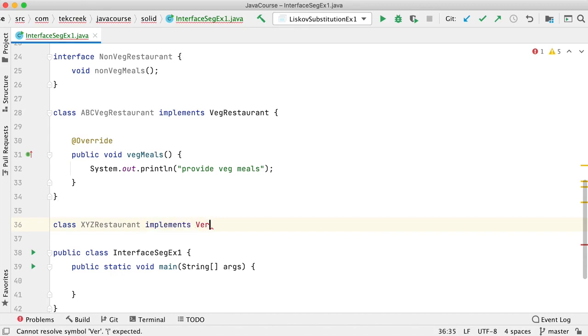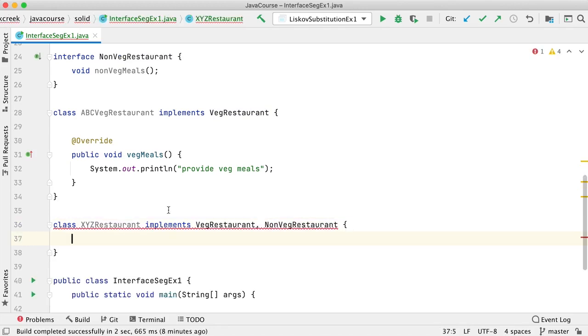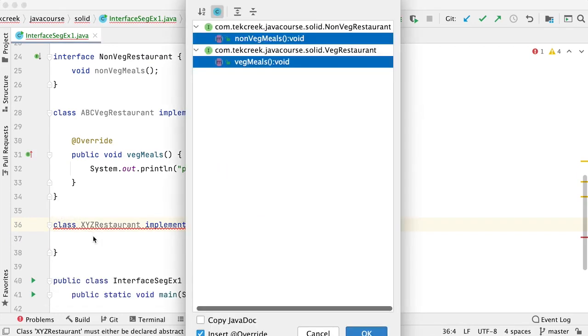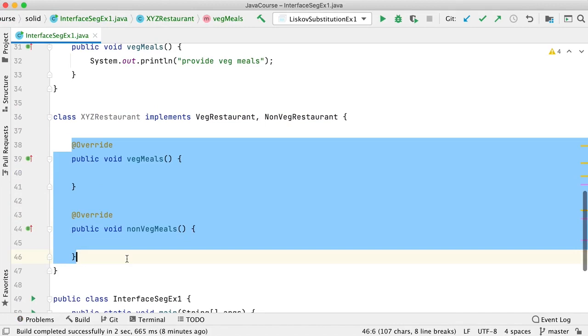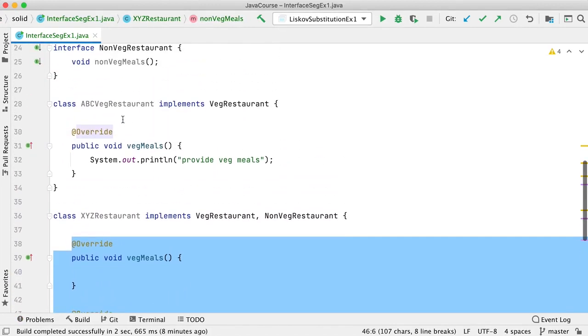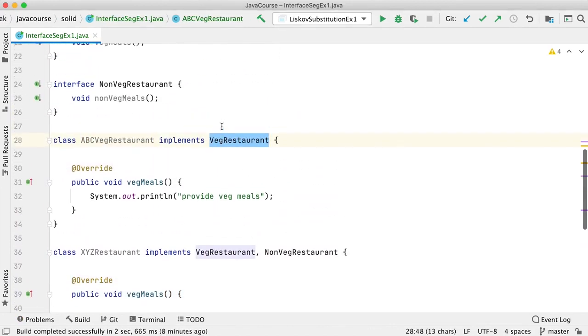It implements veg restaurant and non-veg restaurant, so that they can do both, implement both the methods, and answer all the calls. Now somebody who wants only veg can take veg restaurant.